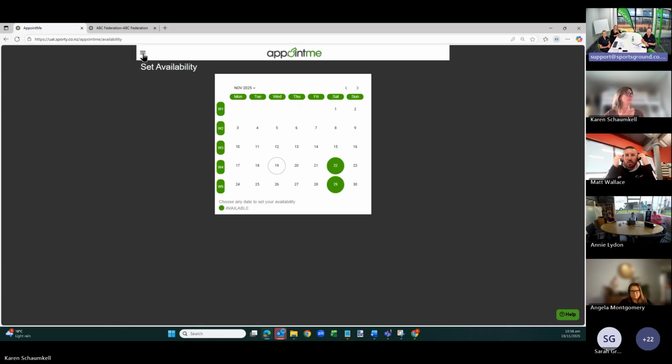So examples of things like general notes that might be set by referees are things that will guide you in your allocation of that referee to fixtures. As an example, if you're covering the Football South region and someone is based in Queenstown, they might put in their general notes, only provide me Queenstown games because they don't want to be travelling over the mountains. So any information that they would think is important for you to know when allocating them to games is something that you would advise referees to put into their general notes column.